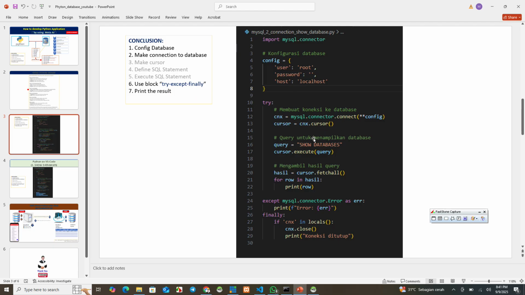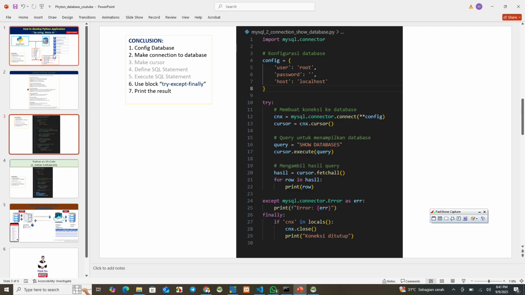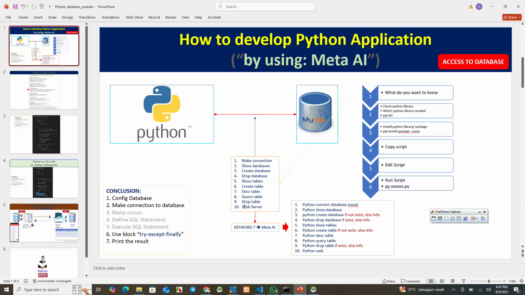For number 1, the conclusion is: config database, make connection to database, and then use a try except finally block, print the result. And from number 2 to number 10, this is the same conclusion.